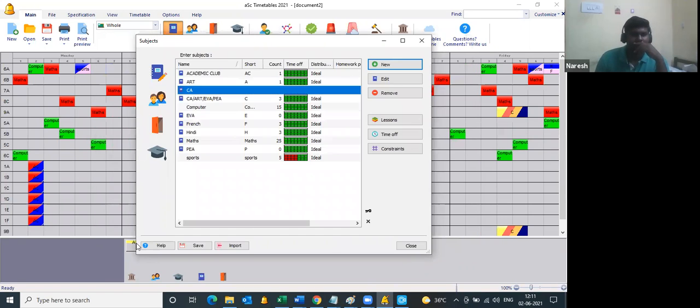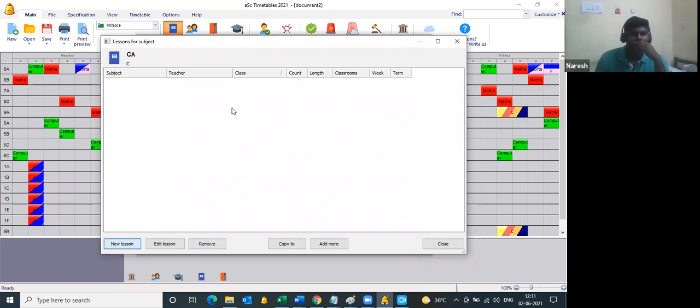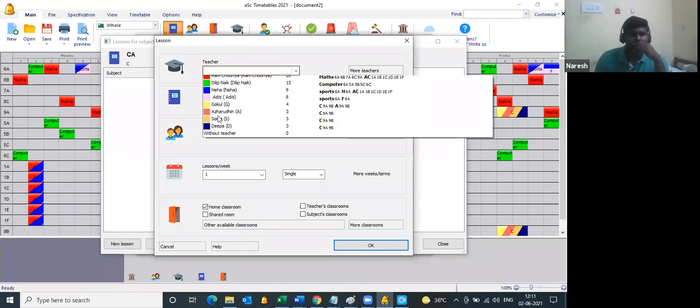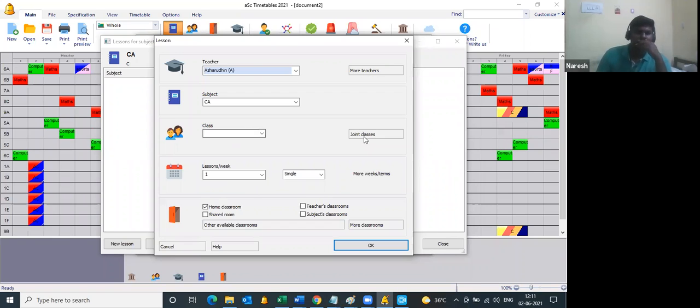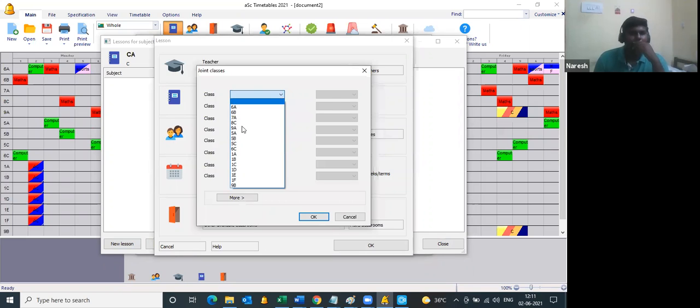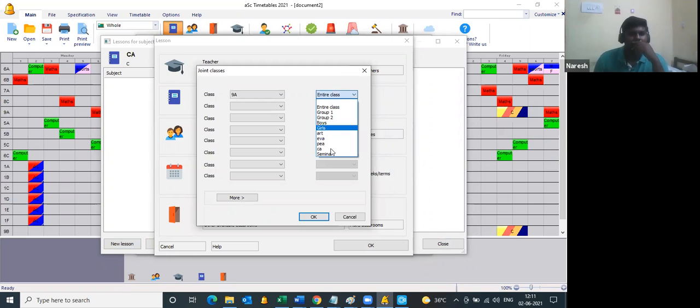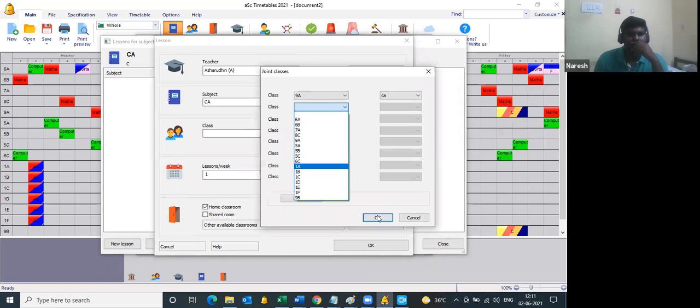Then CA. The CA teacher will be Azharuddin. It's a joint class, not for the entire class, but for CA. Likewise for 9B.